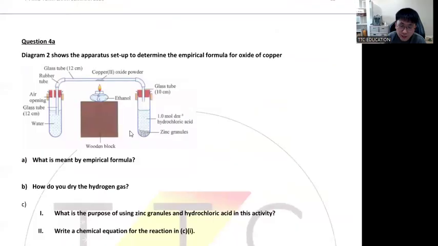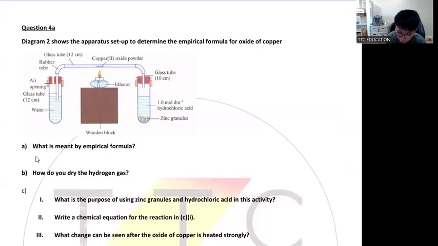Okay, question 4a, the next type of question. By looking at the bridge, you see the glass tube bridge, we know it's the empirical formula of who? Of copper oxide, or copper 2 oxide. So okay, now guys, what is the definition of empirical formula? Okay, so we got a definition for empirical formula. What is the definition for empirical formula? We have to start with the same thing, no? So the same word, empirical formula